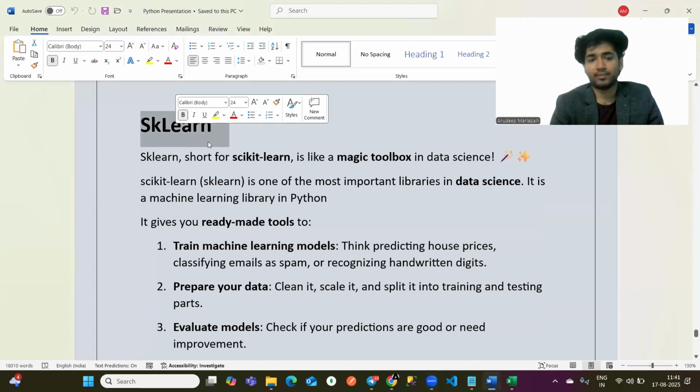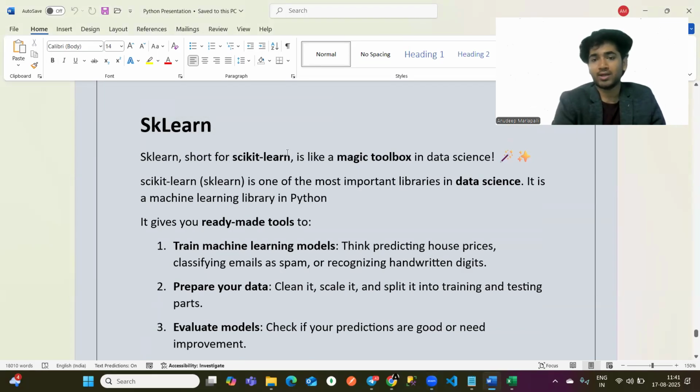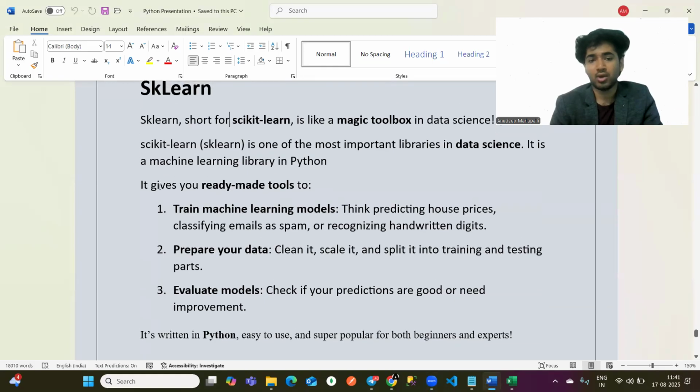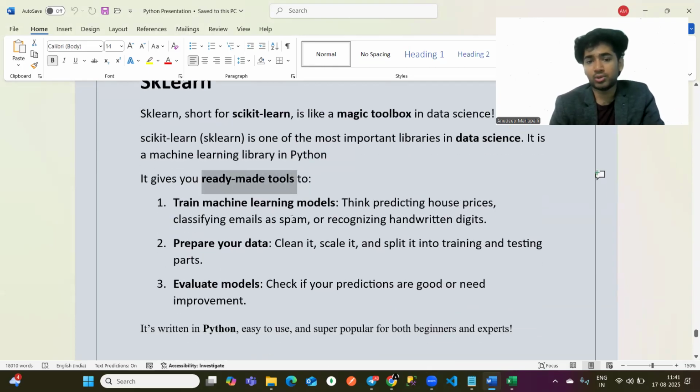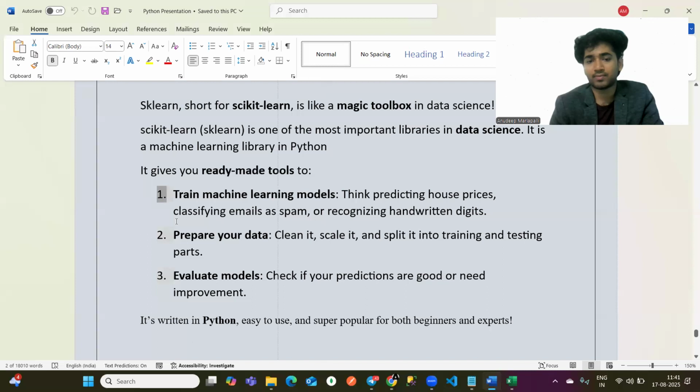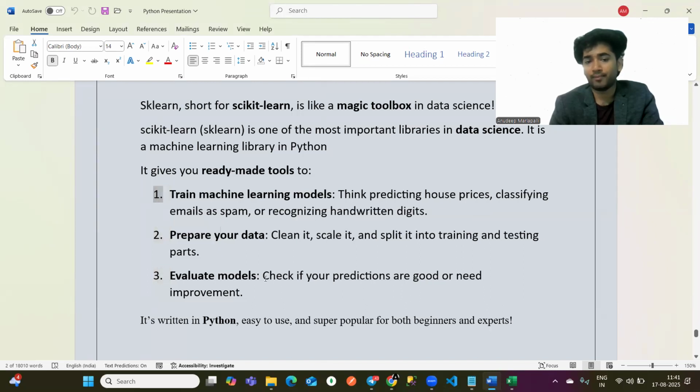So sklearn is nothing but a short form for scikit-learn. It is a magic toolbox in data science which provides us a lot of things. Using those we can get our data ready for machine learning models. What the scikit-learn library does is give you ready-made tools to train machine learning models. It is going to help you prepare your data, and it will also help you evaluate your